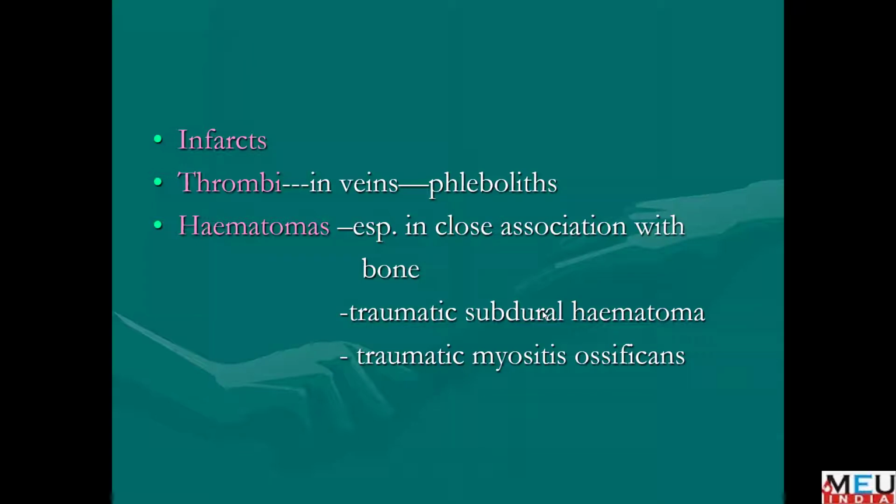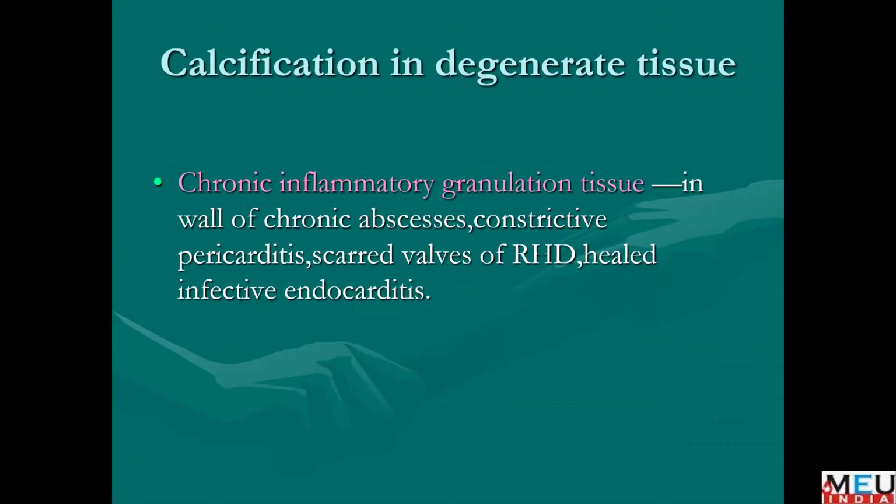Then, when the trauma leads to hematoma, and when it heals, it causes ossification inside the muscle. Now, in degenerate tissue, the chronic inflammatory granulation tissue in the wall of the chronic abscesses,